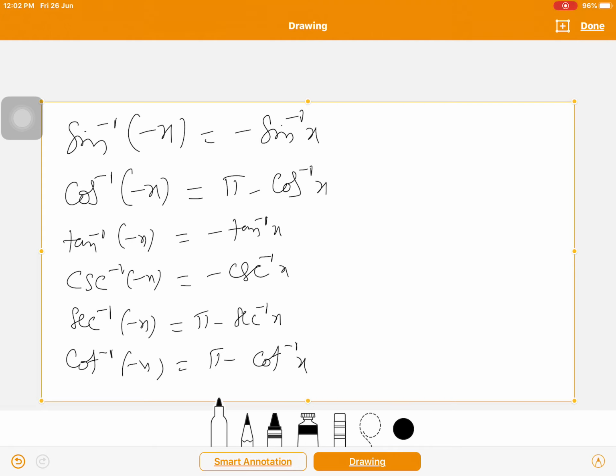So that exercise 2.1 we can easily find out. And before starting this one, once again you recall the 10th class and 11th class trigonometric ratios from 0 to 90: sine 0, sine 30, sine 45, sine 60. If you are aware of the table and if you know these two formulas, then this exercise 2.1 is very simple. Easily we can solve it. So now we'll discuss exercise 2.1.